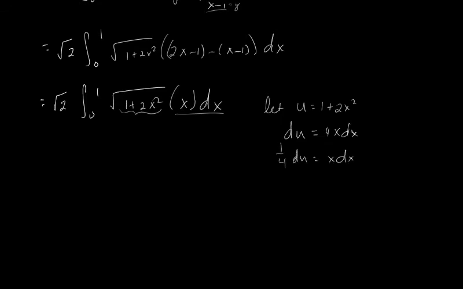So we have our two substitutions. We've got x dx getting replaced with 1/4 du, and then we have 1 plus 2x squared being replaced by u. So this is root 2 times the integral of